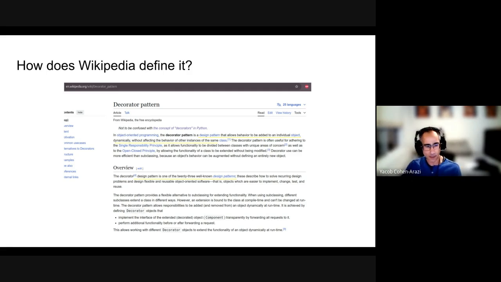The open-closed principle says you want to have a system that you can extend, but you don't want to change. Changing a system means you need to retest it, and it means you're actually changing the functionality of your classes or your functions. You want to design your system to be able to extend it without affecting the existing system. And the single responsibility principle comes as an additional benefit, because if you look at how we structure the decorator pattern,